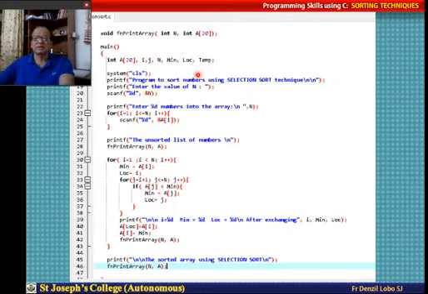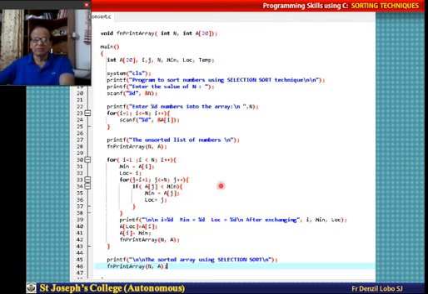So here is the complete program I'm giving you. I have a function called print array to print the numbers after every loop, every move, after selecting the least number and putting it at the appropriate place. Here I'm inputting these numbers. Here I print the contents of the unsorted list of numbers.